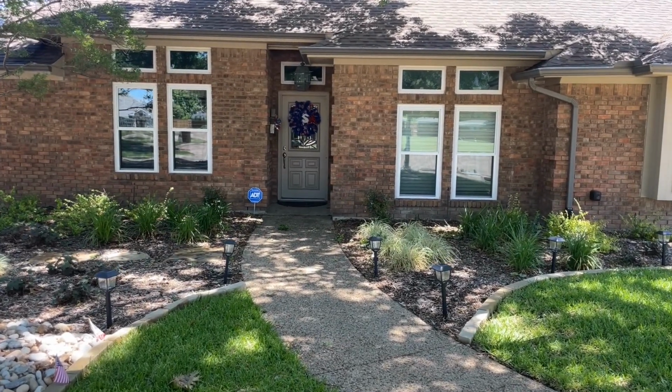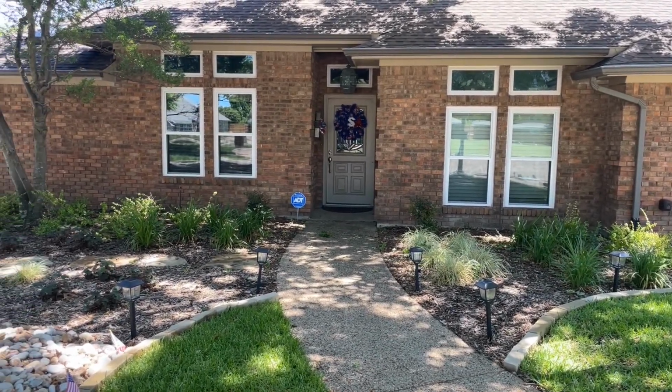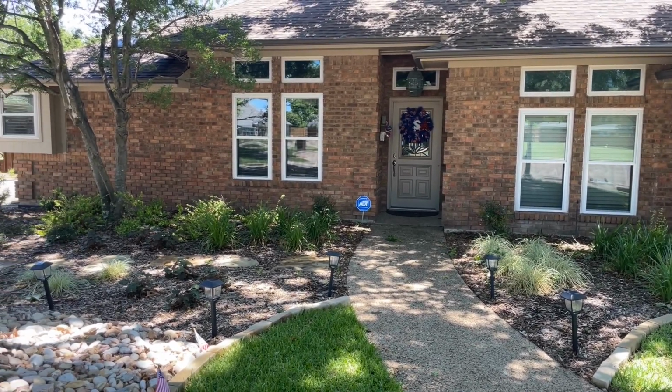Today's spotlight is actually on a landscape that we installed about a year ago, and I wanted you to see the nice new growth that happens in the space of a year. This is for Dan and Elizabeth out here in Plano. So this landscape was installed just a little over a year ago, and you can see that it has filled